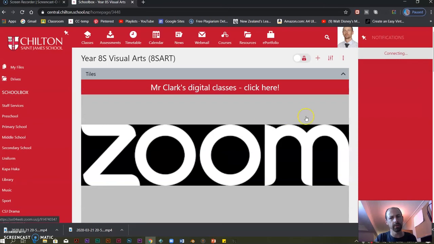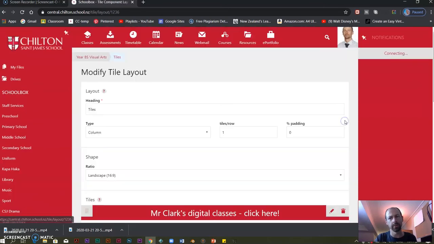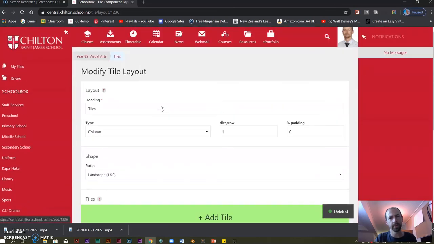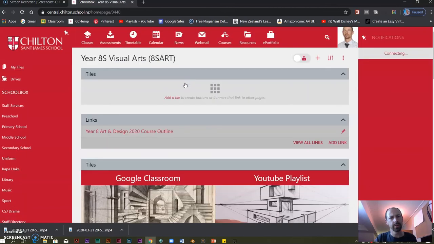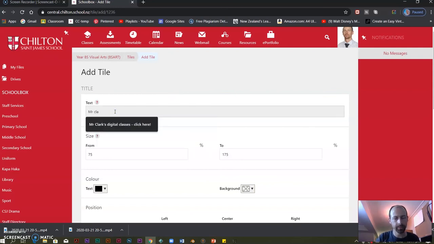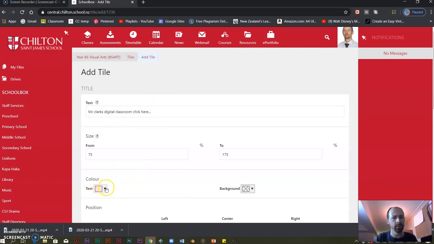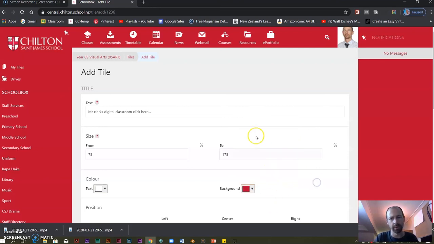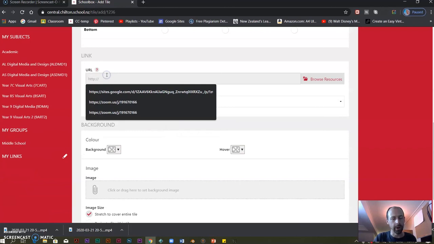What should we add it to now? I'll just get rid of this one very quickly, modify, and we'll just get rid of that. Okay, cool. So I'm going to add a tile. Mr. Clark's Digital Classroom. Click here. We could have Zoom in the title, could have Digital Classroom. Just make it obvious. White text. Ooh, that's pink text. White text. This is purely cosmetic. You don't need to do that, but if you're interested in doing the same red, you could do that code. The URL clicks in,